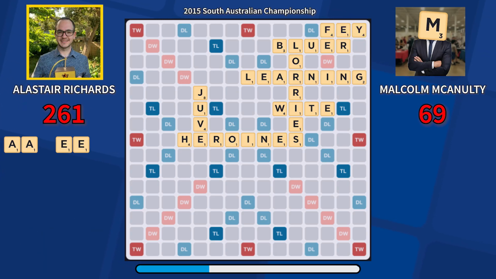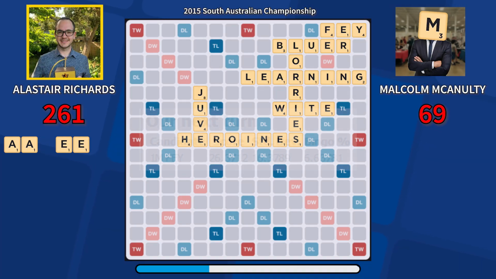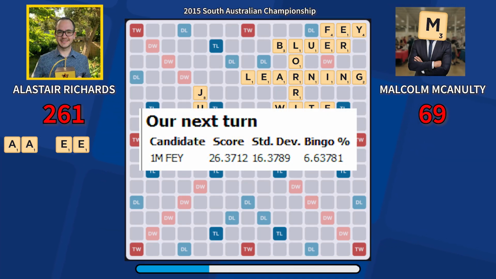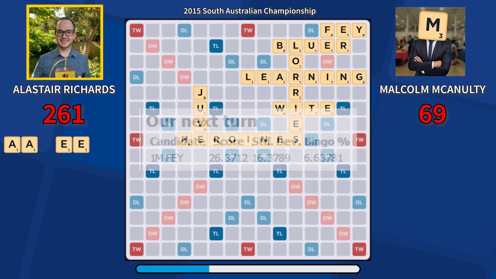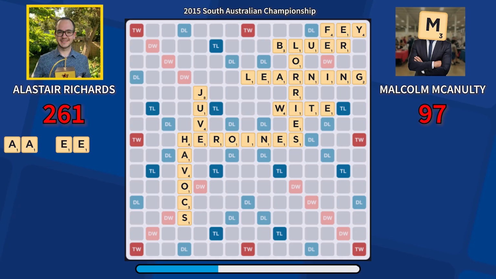The only blemish is the 4 vowel leave, which computer analysis suggests will draw into a playable bingo next turn about 6.5% of the time. Malcolm answers with Havocs for 28, after which Alastair draws DMT to his 4 vowels. This is exactly the type of consonant-heavy draw he needed,